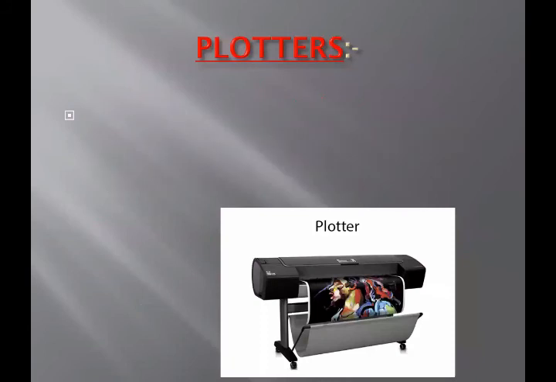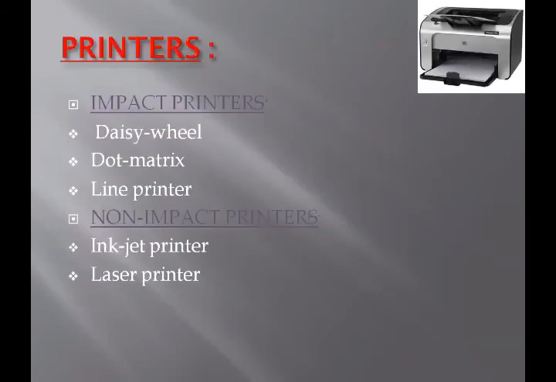Now we share the printer. What is a printer? A printer is a main device used for preparing a permanent document to be used at a later time. It is connected to the CPU by a cable plugged into something called the output port. A printer is also an output device and it is used to print data or information on paper.